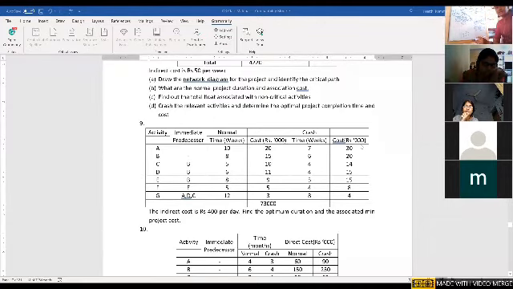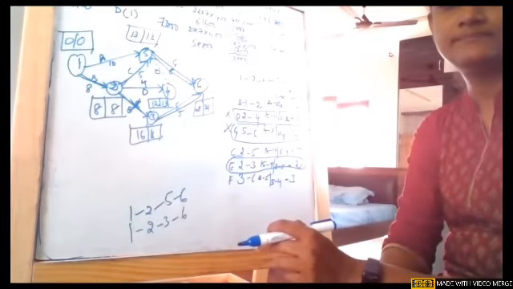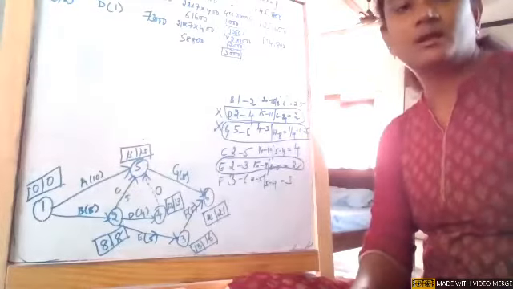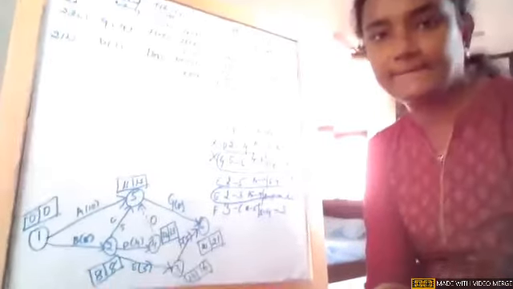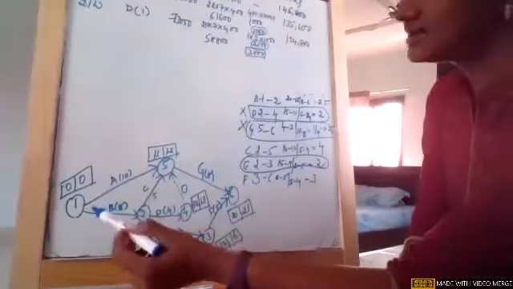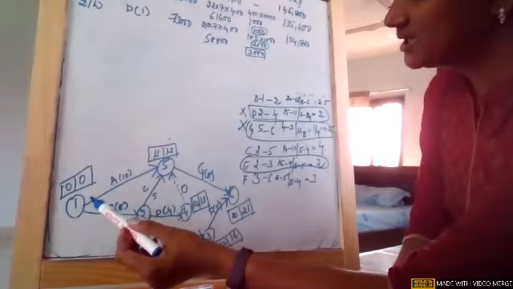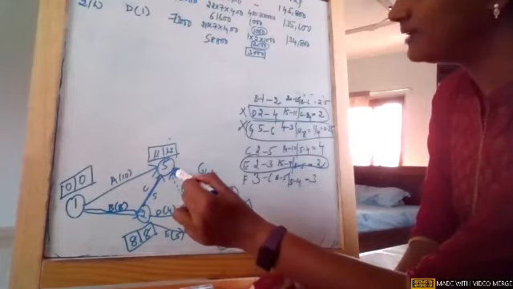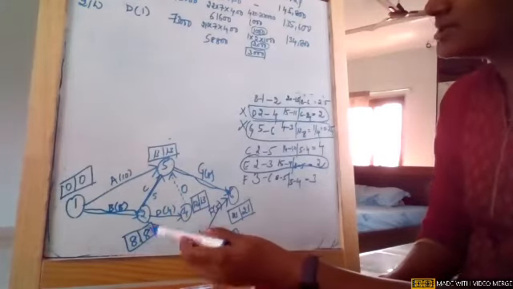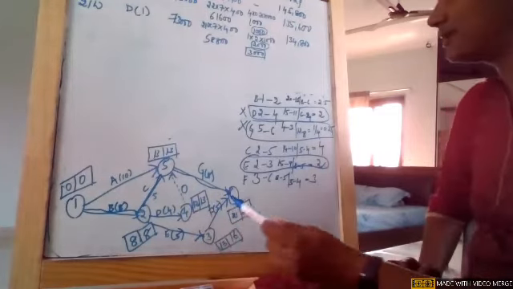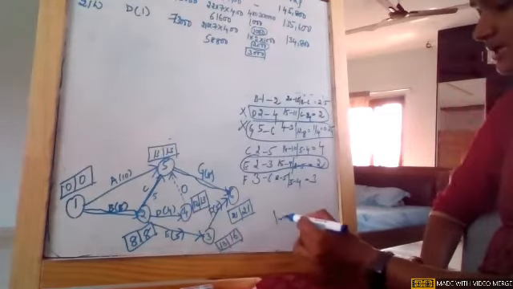Now again, same process, again construct the network. Now when we see it, girls, we see this new network. I just calculated earliest and latest times also. So when we see the critical path, we'll go to the old critical path only, 1 to 2, 2 to 5 and 5 to 6. Okay, because node 3 is not having earliest and latest equal, and node 4 is also not having earliest and latest equal. So this is the critical path.